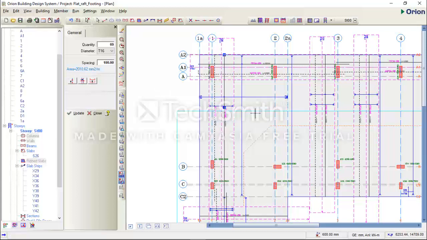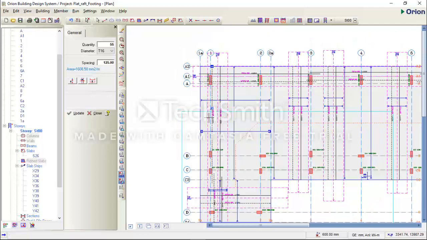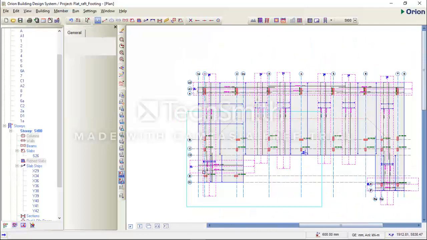I'll do the same thing to the other dimension. I will move it somewhere here. No, that's not my intention. I want to move it here, and then stretch this end to close to this grid line. The other end I'll stretch to the perimeter of the slab. So I've detailed this area now.